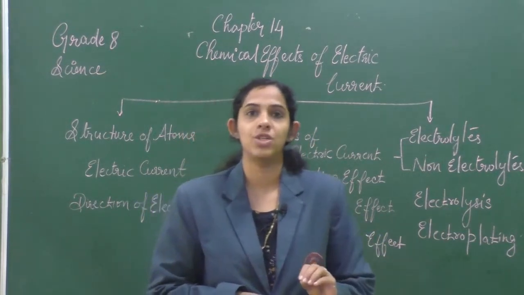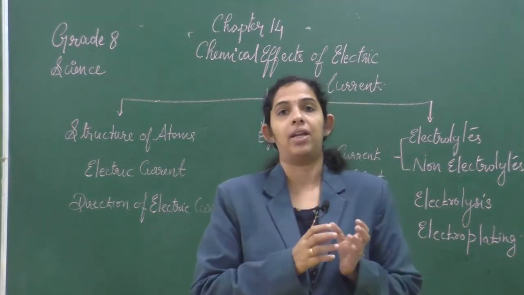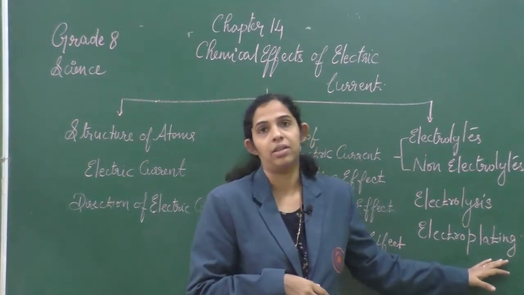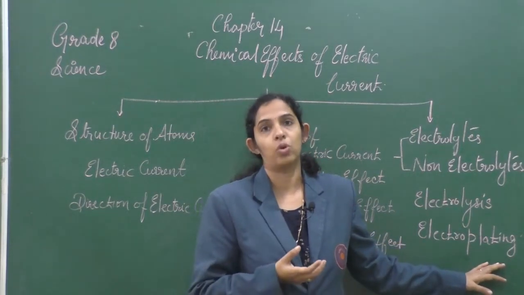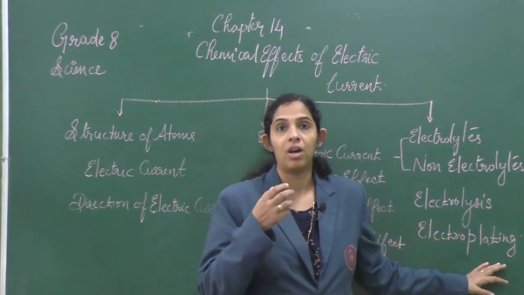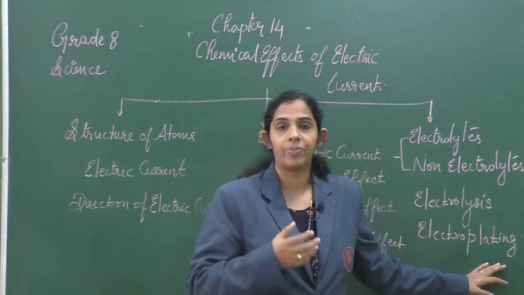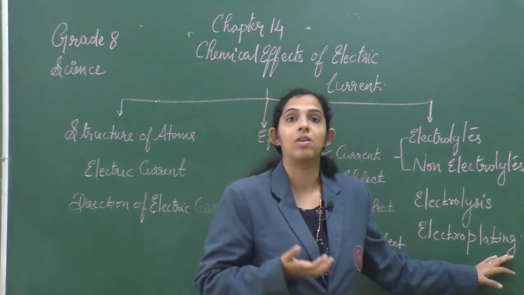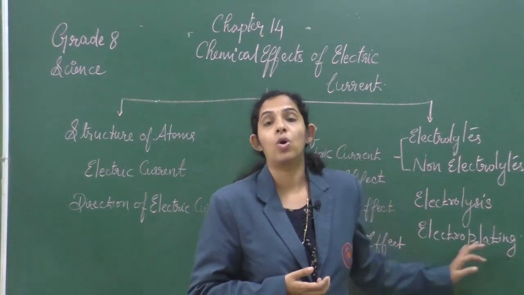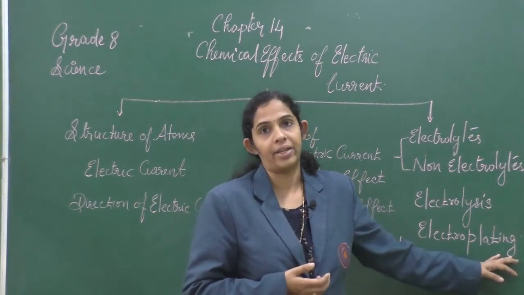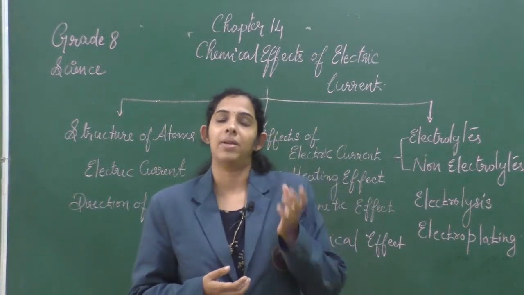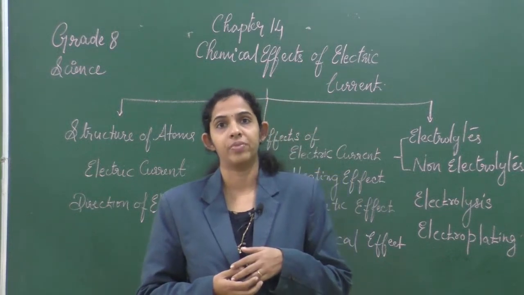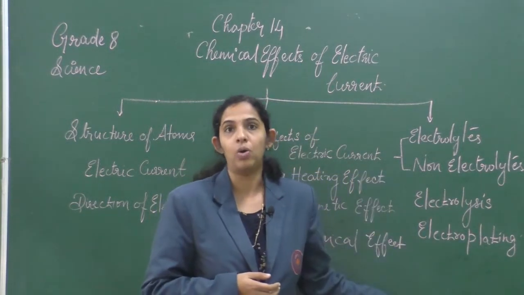Electroplating is a process by which a desired coating of a particular material is made over another material. This electroplating is generally made in order to protect materials from corrosion. For example, we have seen electroplating of iron. We are coating it with another more stable material. We also know gold plated or silver plated ornaments are very common, right? All these are examples of electroplating. They are generally done in order to protect materials or to enhance the appearance of materials, as in the case of ornaments. So children, that is what the mind map is all about.